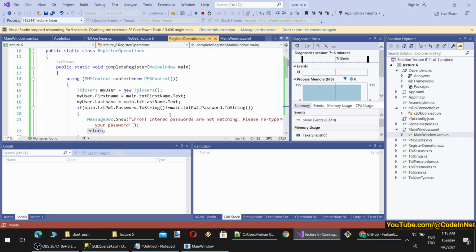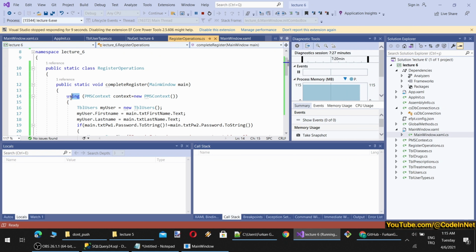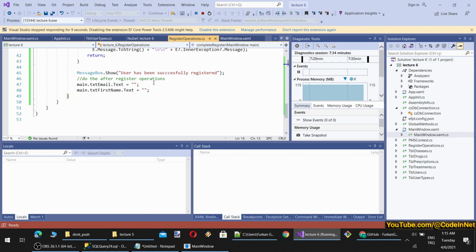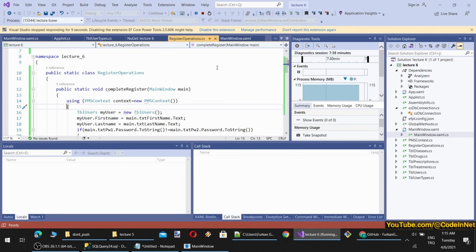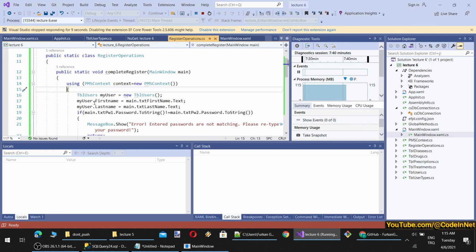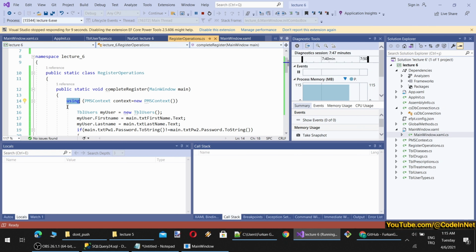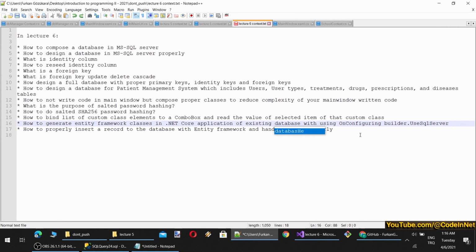However, you can also use this, it is perfectly fine. You see, I am using this using class. It is really important because after this using scope ends, all of the objects here will be properly disposed of. When you are working with database operations, you should always use a using scope. Okay, I think it is enough for today.